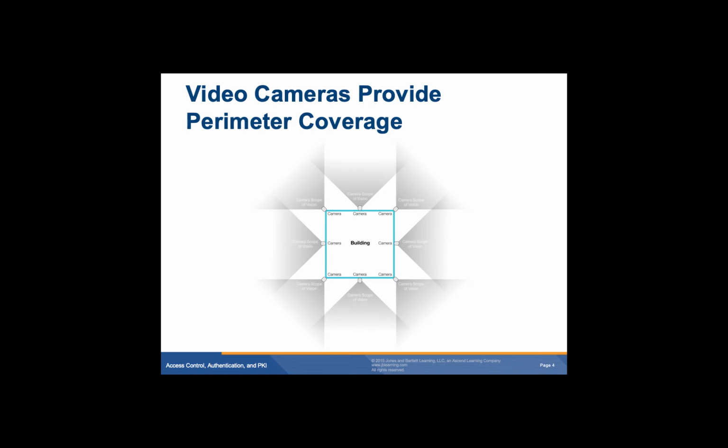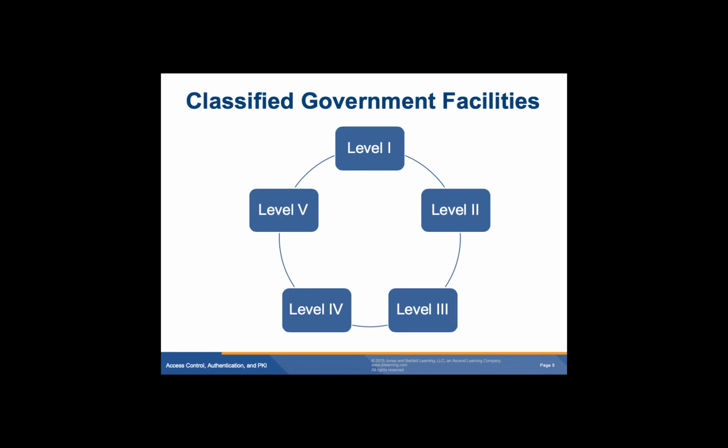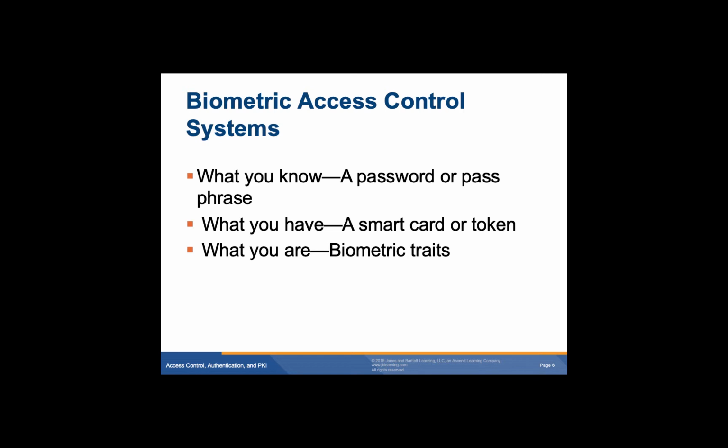Video cameras provide perimeter coverage, and cameras, I would say, are limited because most environments will have cameras in the highly more secure areas. So we'll take a look at that in the textbook. It explains that a bit more. Also, in the classified government facilities are levels 1 through 5. Take a look at those on page 182 in your text. Biometric access controls,